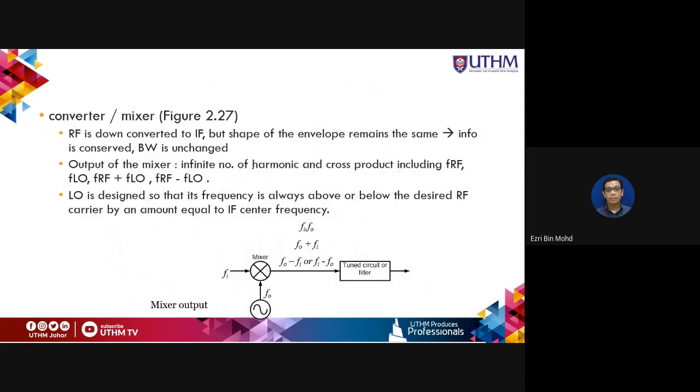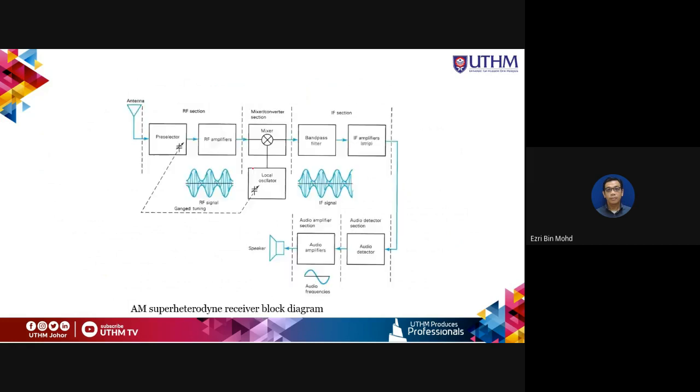Okay, converter or mixer. So in the converter, RF is down converted to IF, intermediate frequency, but the shape of the envelope remains the same. Means the information is conserved and the bandwidth is unchanged. So FI, tadi kan. So FI